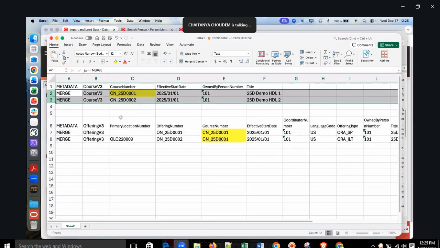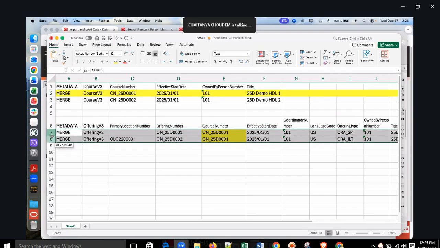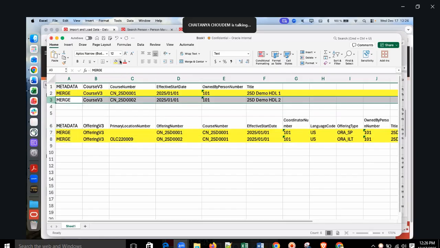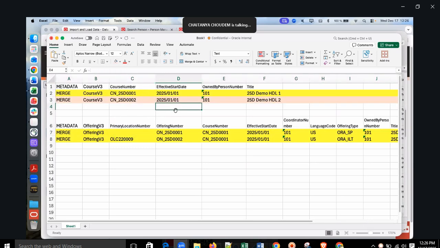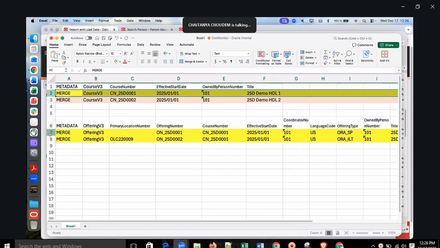Right? So the grouping will happen at this course level. It considers this course and also these two offerings as one object because both are for the same course. And the second course is considered the second object. Loading happens at an object level, which means if there is an error in any of the lines which represent the object, the entire object will not be loaded. So in this case, if there is any issue in these 3 yellow lines,